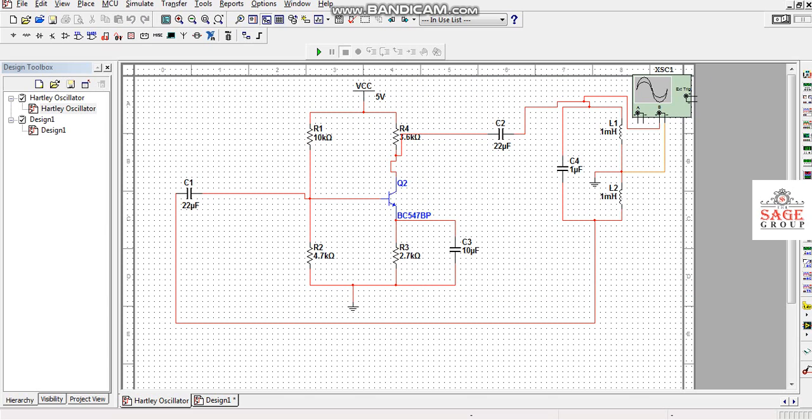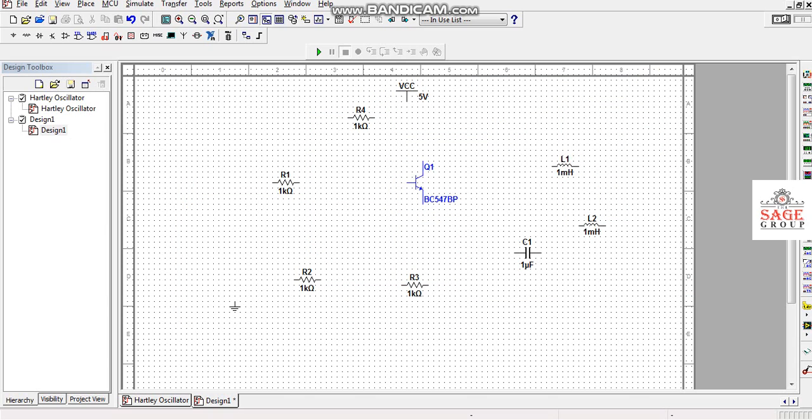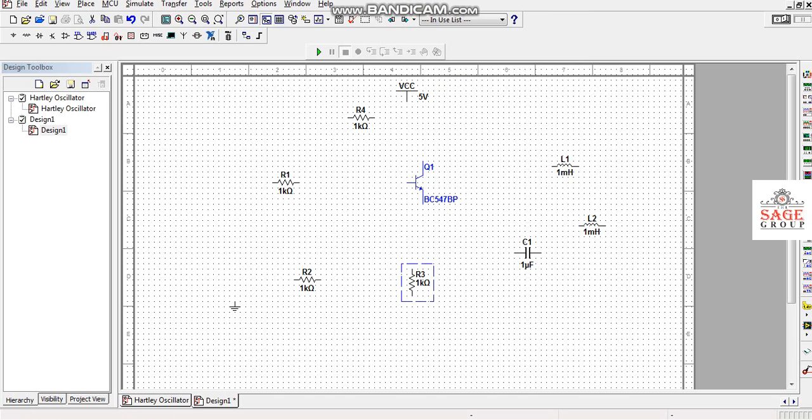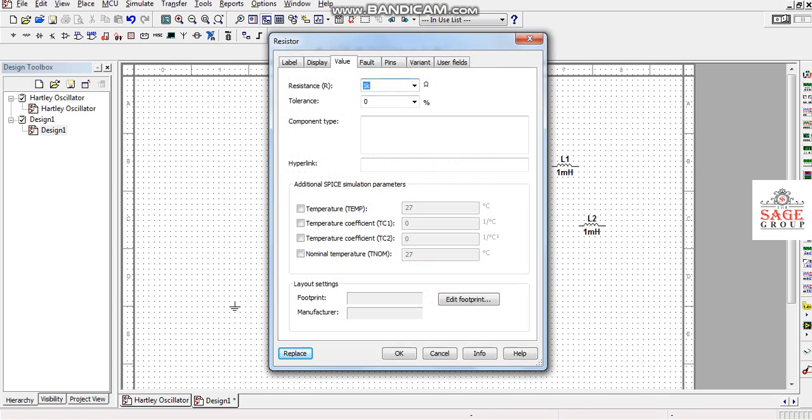According to my circuit diagram I will connect them. The connection is very easy. If I right click and choose 90° counterclockwise, in this way we can change the orientation of these different components. If I want to change a component value, I just double click it and change it according to the requirement.